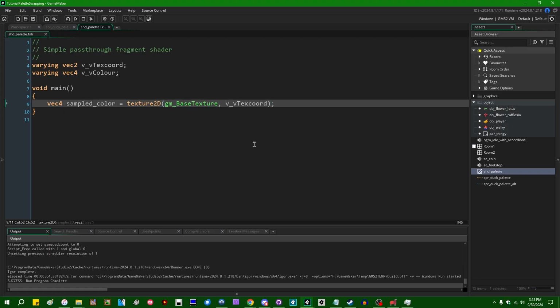Every time I see v_v text chord, I think this is like an Eastern emoticon, like it's shaking its head at me or something like that. Anyway, like I said, we're going to start out simple. We're going to start out with a basic color replacement operation, and the way that this is going to work